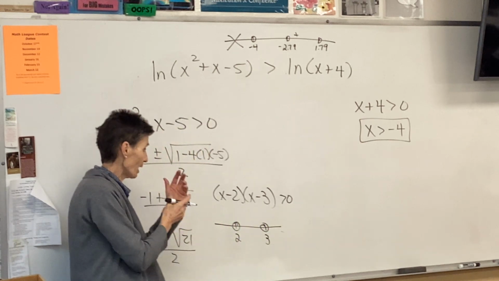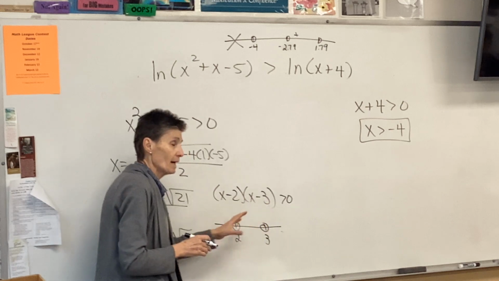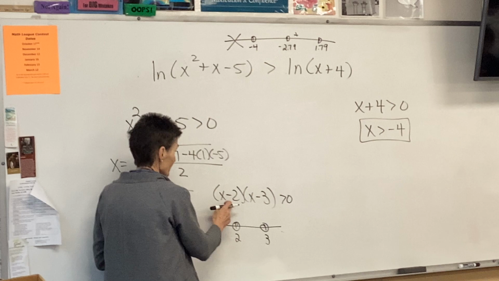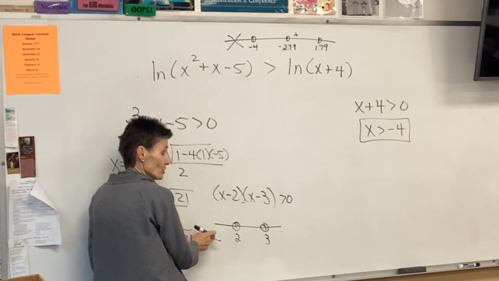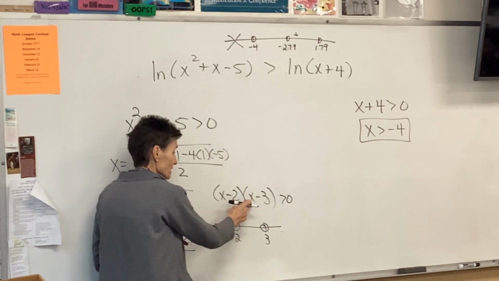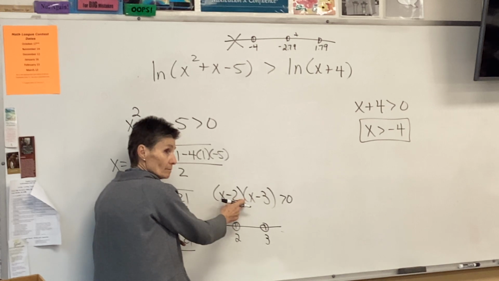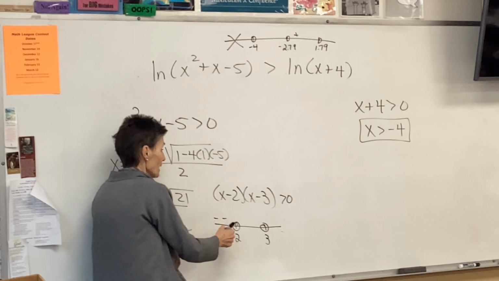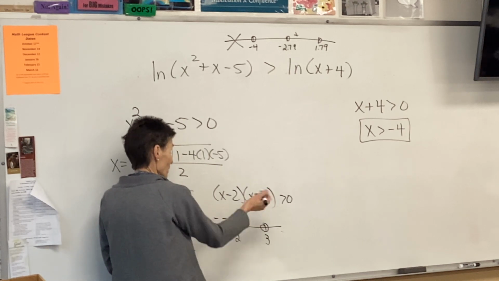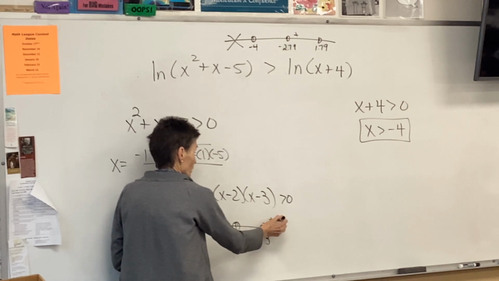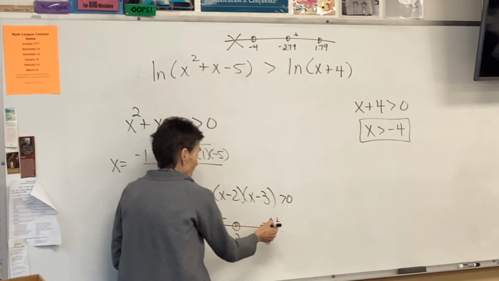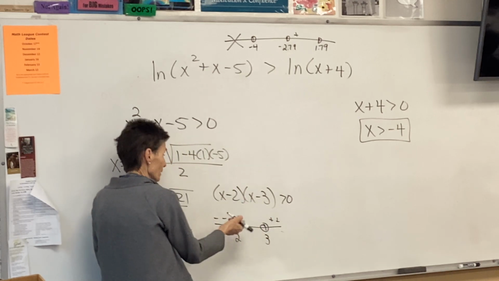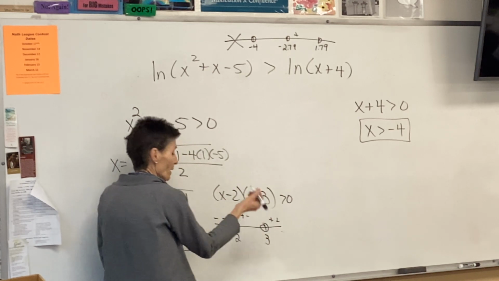When I multiply things together, I get positive, positive. Well, or negative, negative. If I pick a number less than 2, won't both of these be negative? And wouldn't that mean that worked right there? And then if I pick a number bigger than 3, won't they both be positive? And so that works over there. And if I pick a number in between, like 2.5, then one would be positive and one would be negative,